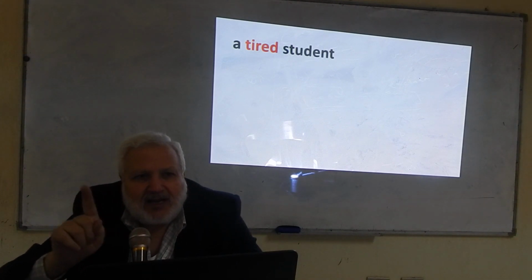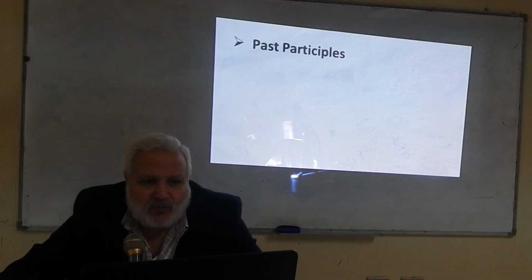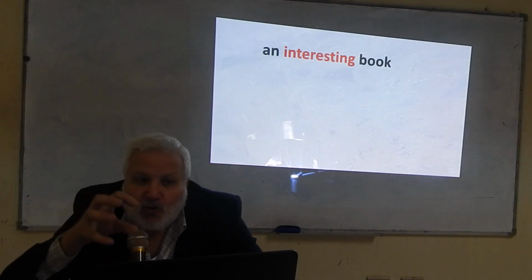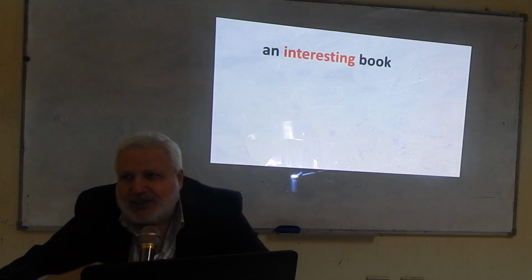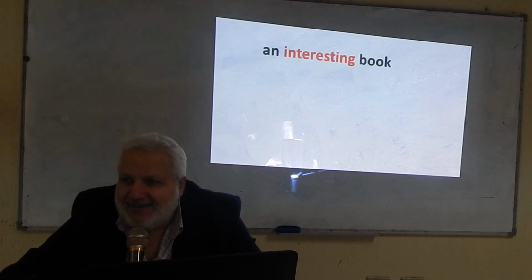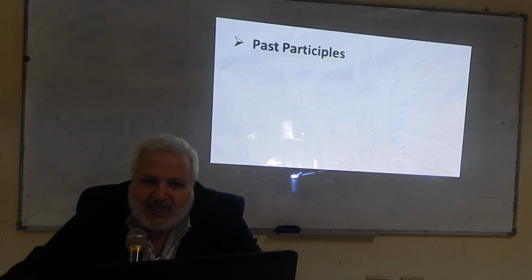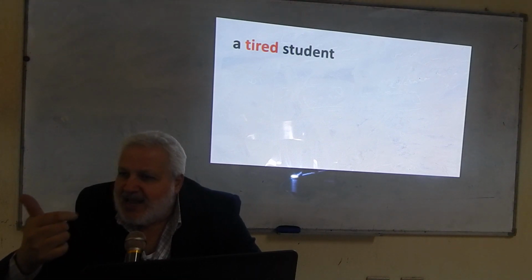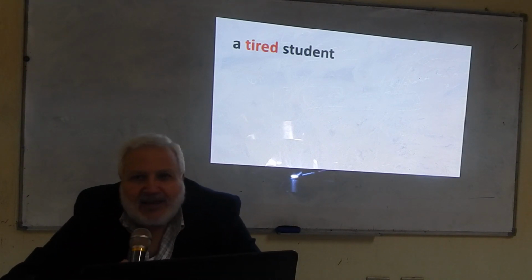But I'm using the -ing in the active. That means, let us see here. An interesting book means the book which interests me. Then it's the subject. But here we have in this one a tired student. It's an adjective for the student, but in passive, then student is what we call